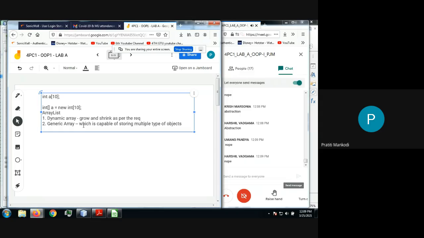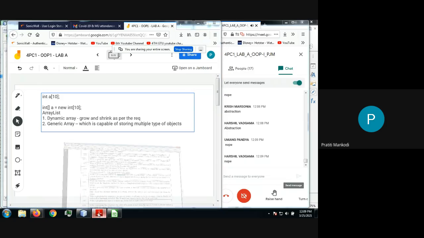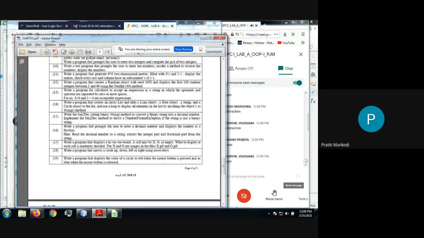Yes, but there is a provision that if you want only a specific type of array list, like if you want to have only a string array list, then it is possible. But it is also possible to create a generic array list. As you can see in the definition itself, it is telling us to create an array list, and to store objects of different data types.